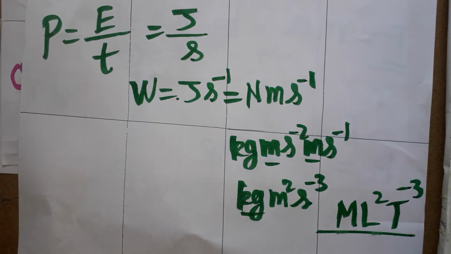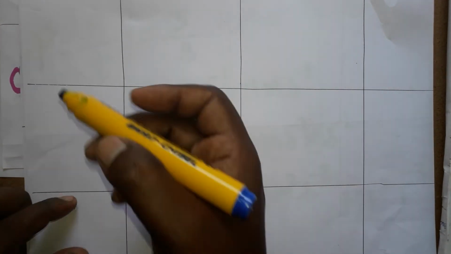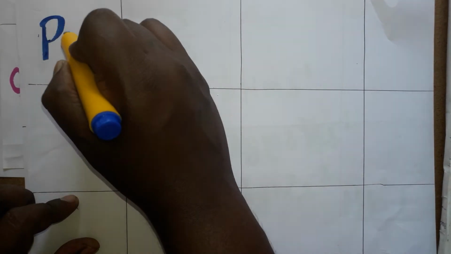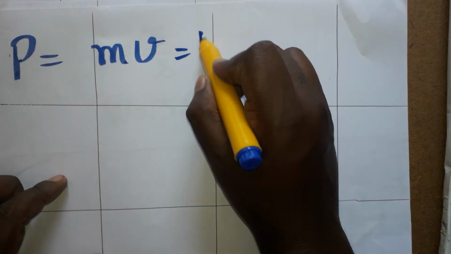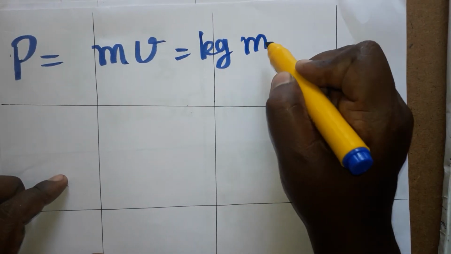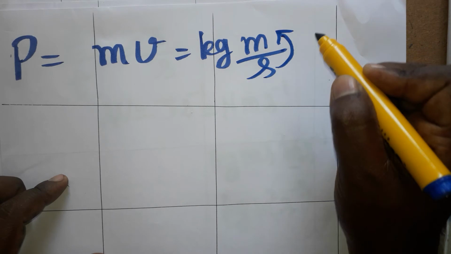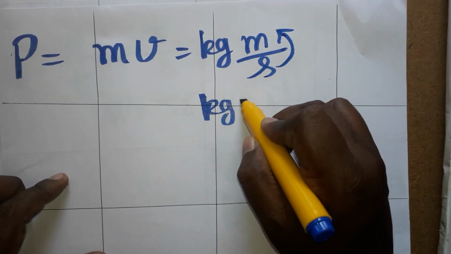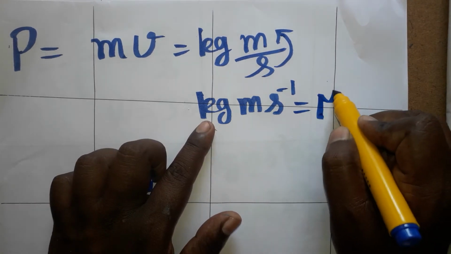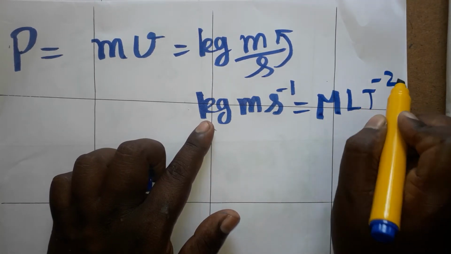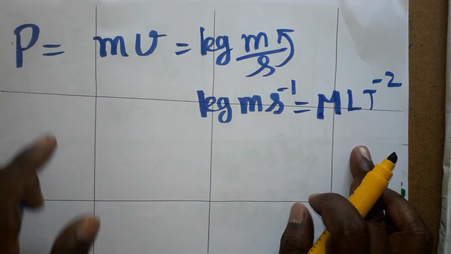The next thing, momentum, torque. We are going to learn many formulas for the SI unit and dimensional formula. Momentum symbol we can take as p. Momentum is equal to mass into velocity. Mass unit is kg. Velocity unit is displacement by time, meter by second. Taking the second from the denominator to the numerator, kg meter second minus 1. The dimensional formula M L T minus 2. We got the dimensional formula for momentum.